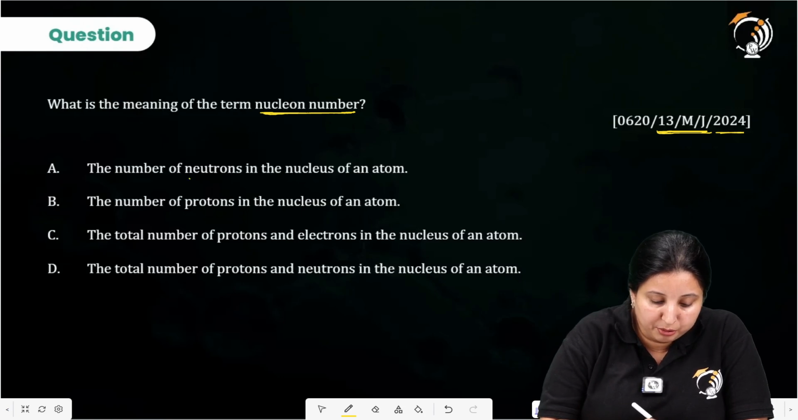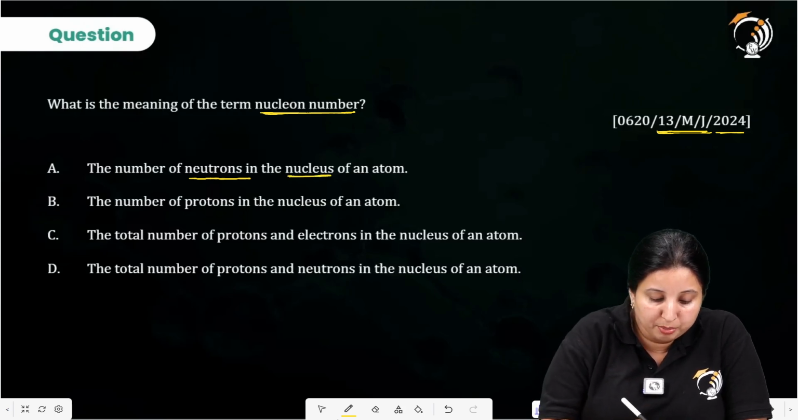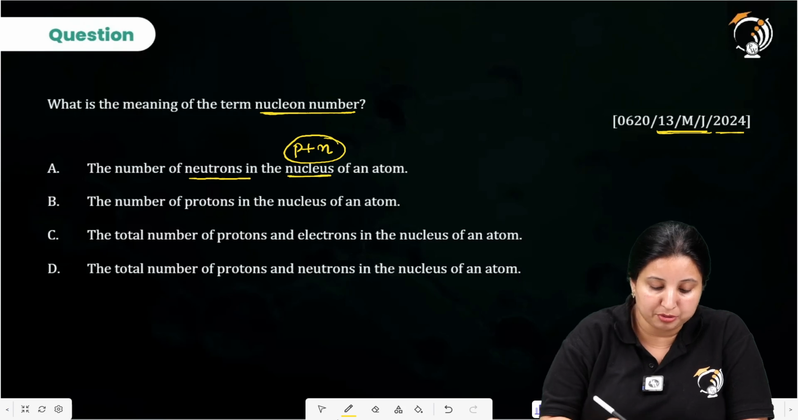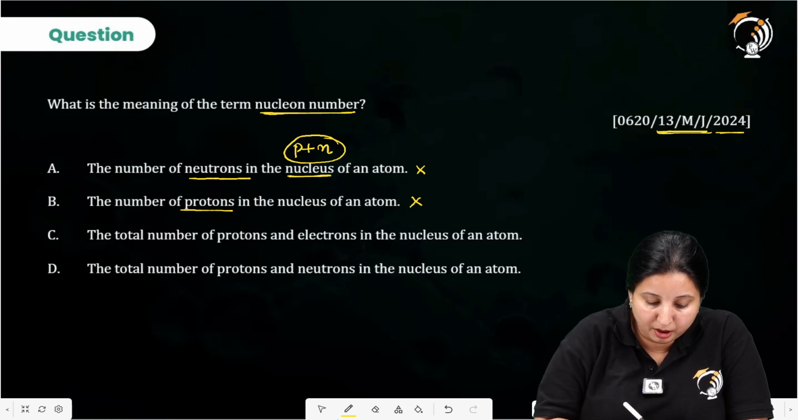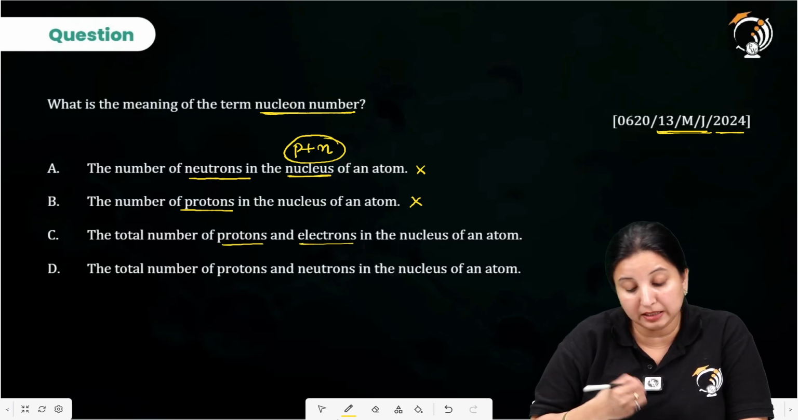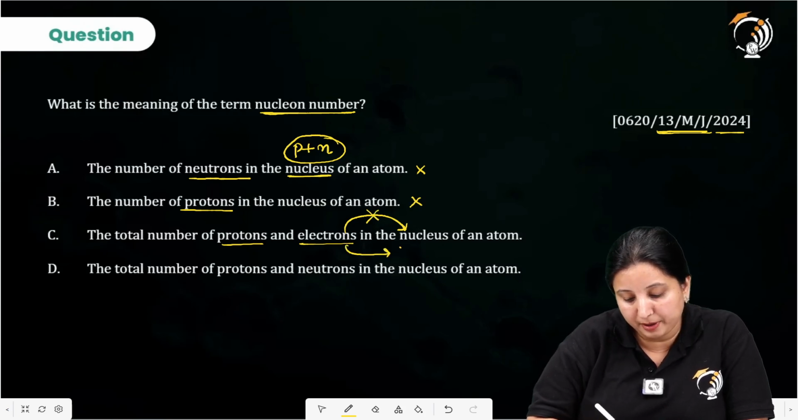The number of neutrons in the nucleus. Now look, when I am talking about the nucleus, the nucleus consists of both protons and neutrons, not only neutrons. So this is going to be wrong. Option B is saying number of protons, again because neutron is not mentioned, so it is wrong. Total number of protons and electrons in the nucleus of an atom. Electrons are not present in the nucleus, but